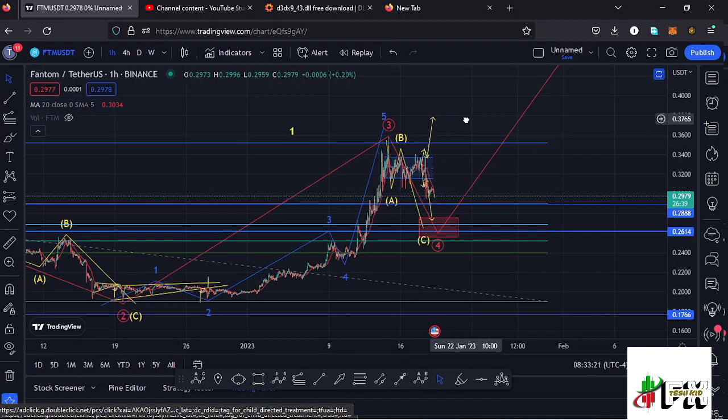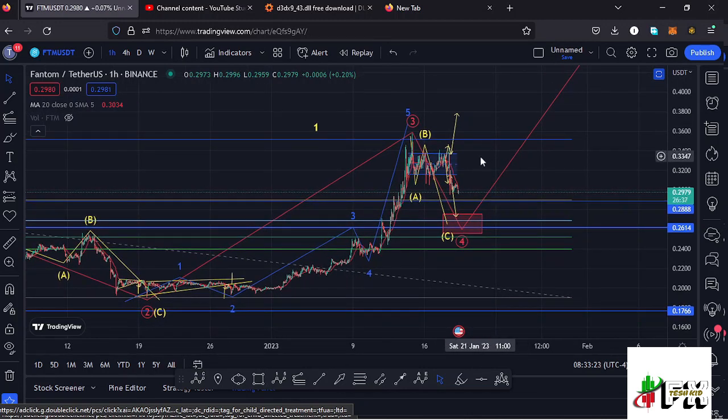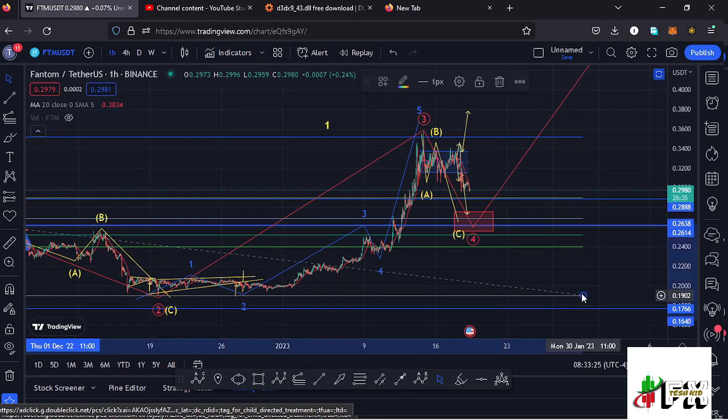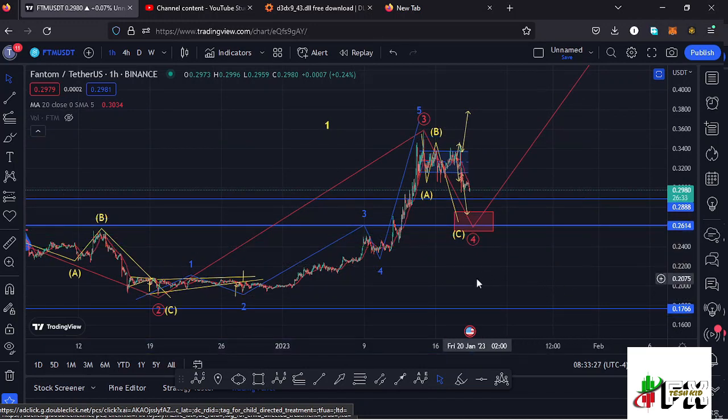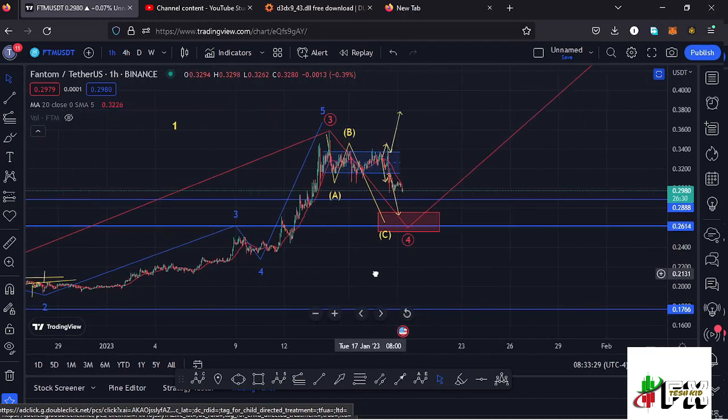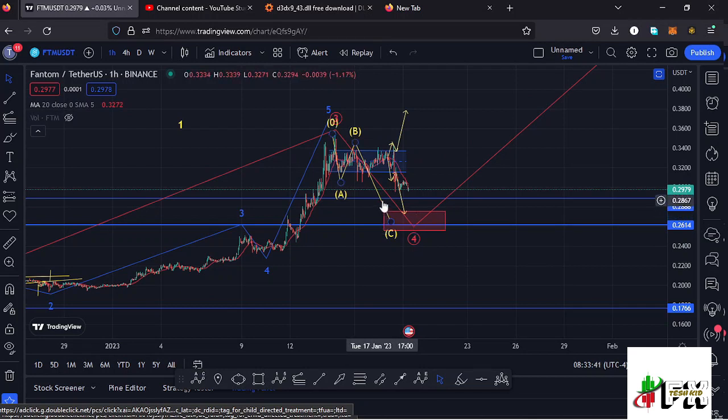And after seeing the high for that wave 3, whatever we expect next is a retracement to the lower side in the formation of this wave 4, and that has been my primary scenario here on the Fantom chart. And using the Fibonacci's, you can see that I had sketched out a minimum retracement area to the lower side